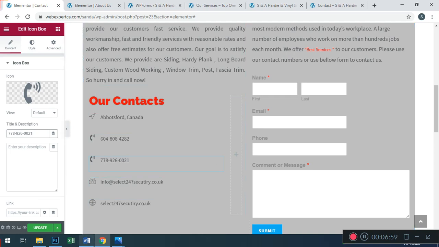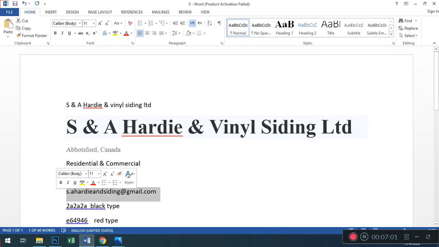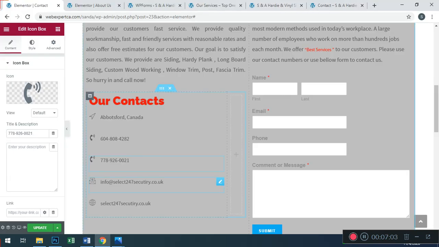Next, the email address is required. Copy the email address and paste it. Then the web address.